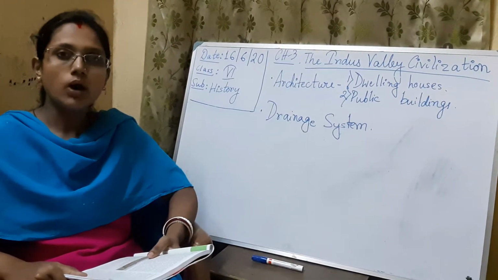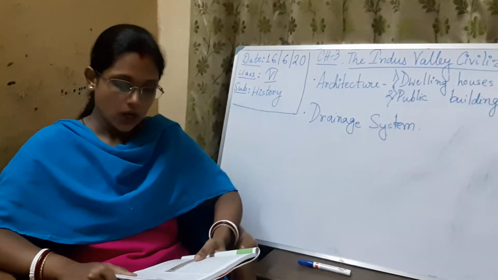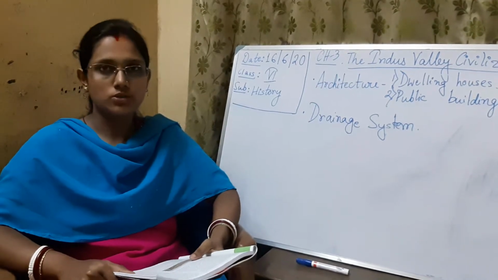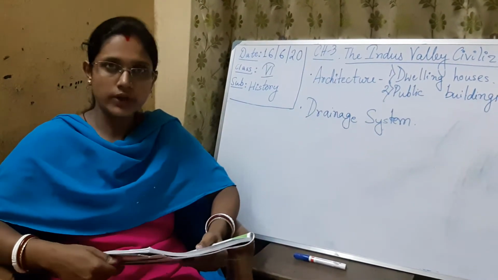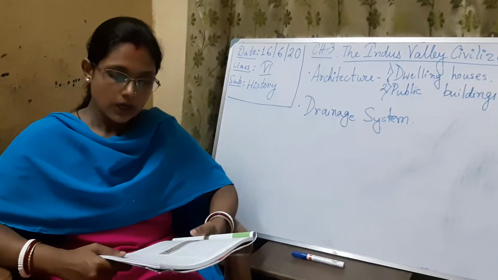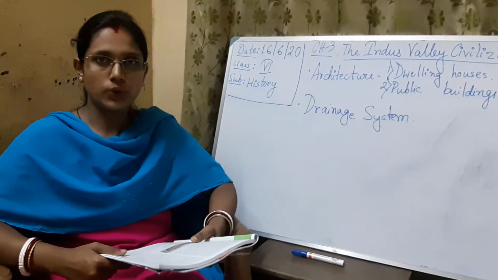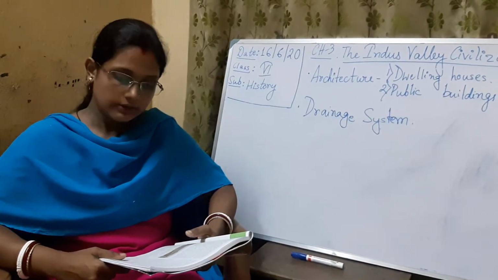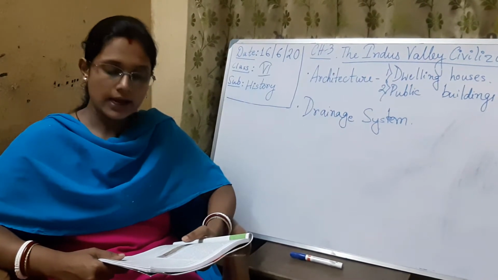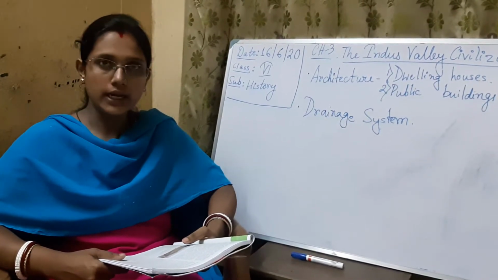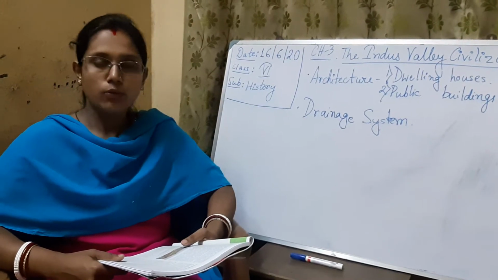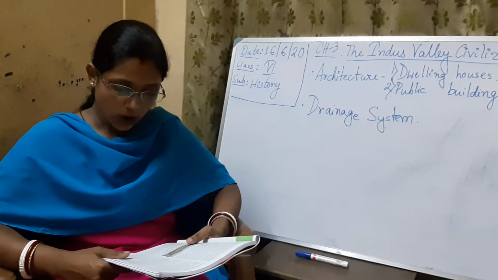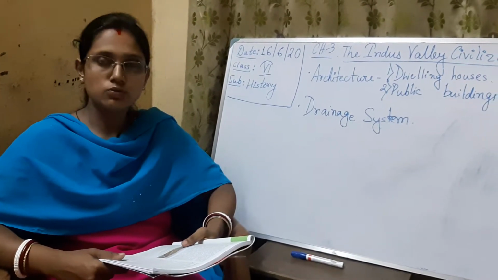Now let's see what type of houses they used to build. Now there were large blocks of houses which were built along the roads. Okay, means at the side of the streets they used to build their houses. Many of them were double storey houses with flat roofs. The roof of the house was flat. They were of different sizes. Some were like palaces while others had only two small rooms. So some of them were like palaces, and almost all the other houses had two small rooms.